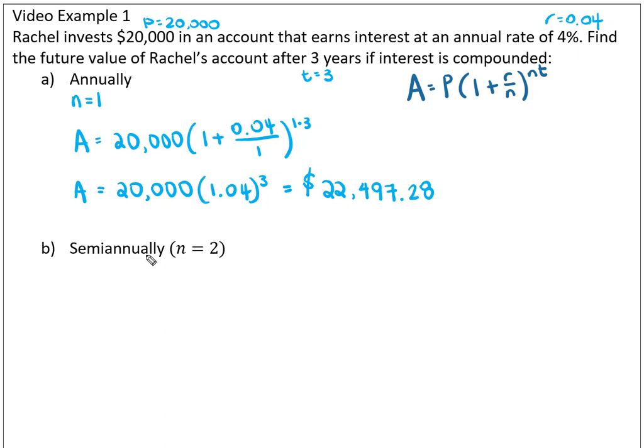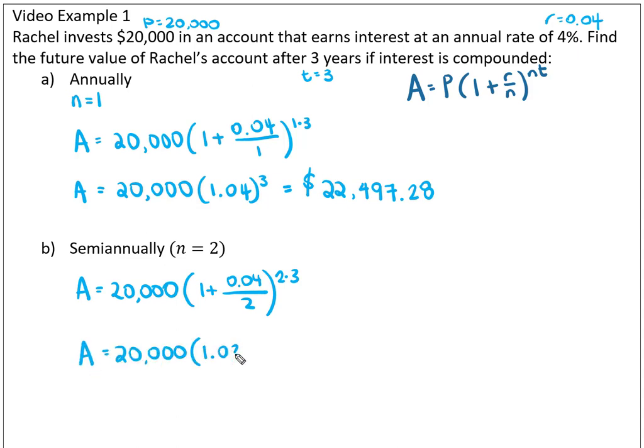Notice semi-annually says n equals 2 for us already, so let's write that into our formula. And then simplify it once. So this is 1.02 to the 6th power because we had to take the 4%, divide it by 2 to be able to do it twice each year. Now we got $22,523.24839, which we want to rewrite. So we're going to round it to the nearest penny. And since the 8 is an 8, we're going to round up. So we get